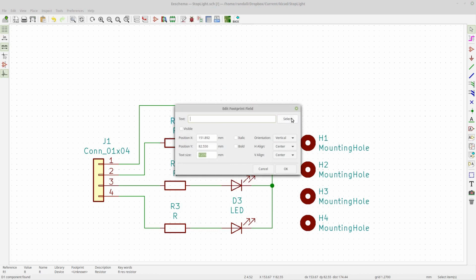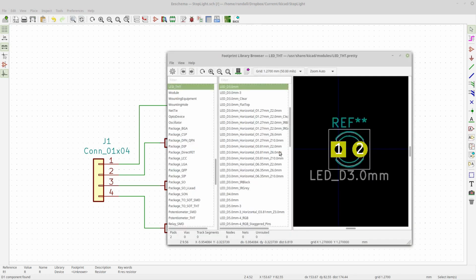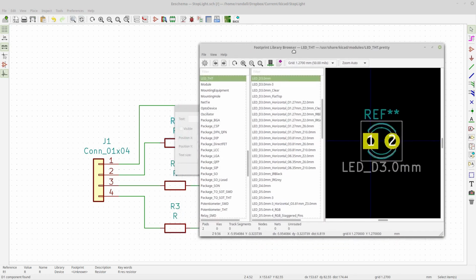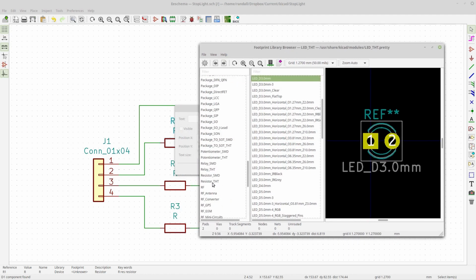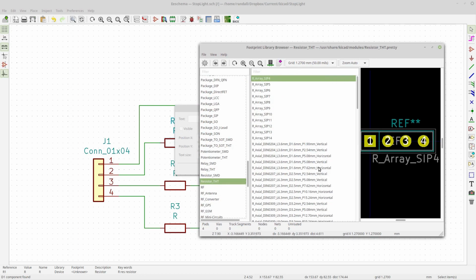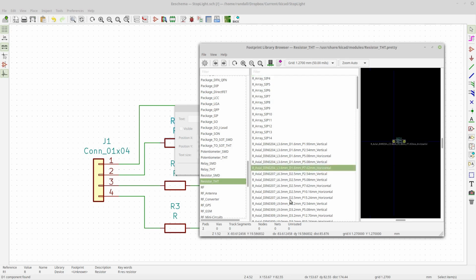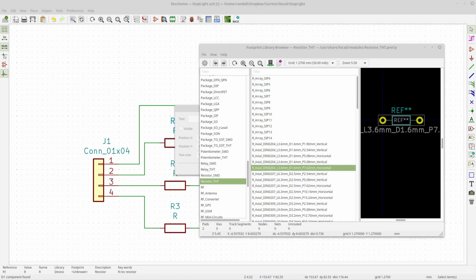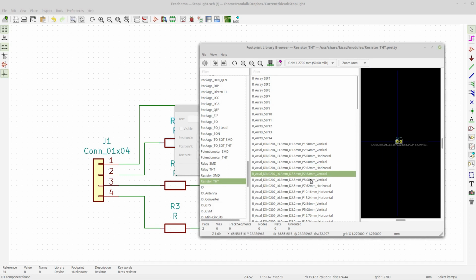Now in my opinion, this should be the same library icon as in the other one, but I'm not a programmer, so. And you can see that it has my previous selection, which I don't want. I want a resistor, so we're going to go down to through-hole resistors. Now this can be a little confusing. Mine says 3.6 long, so that's the barrel of the resistor. And my diameter, I have to look it up. Let's see, I had a diameter of 1.6,